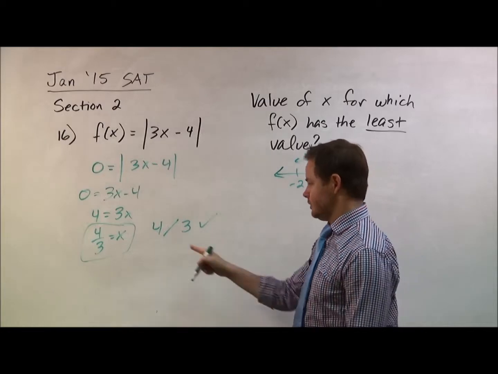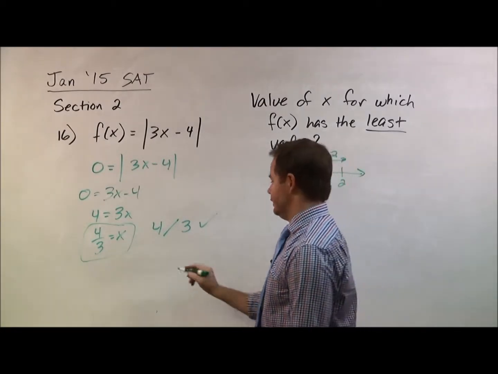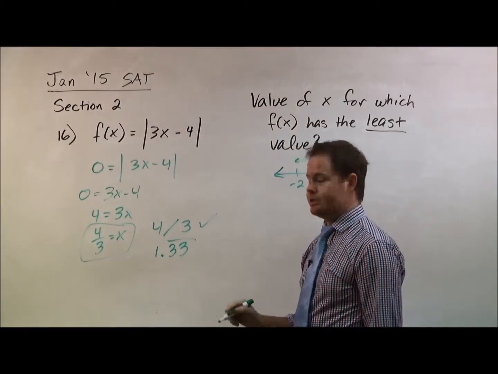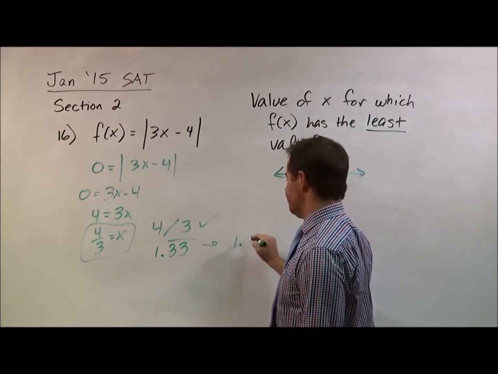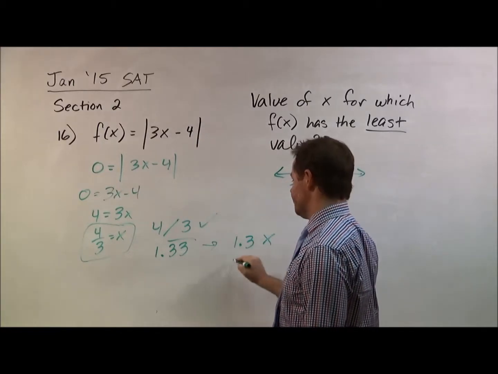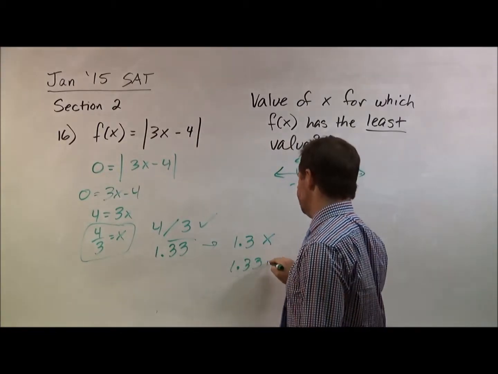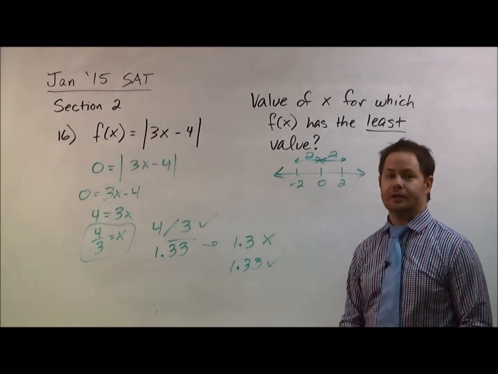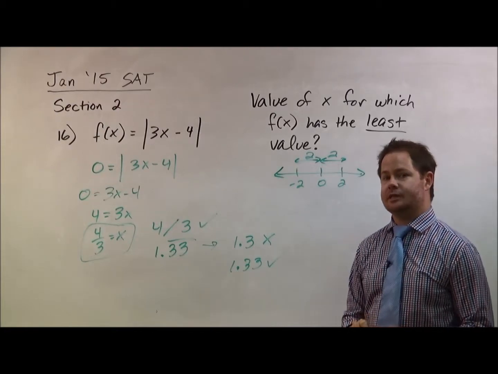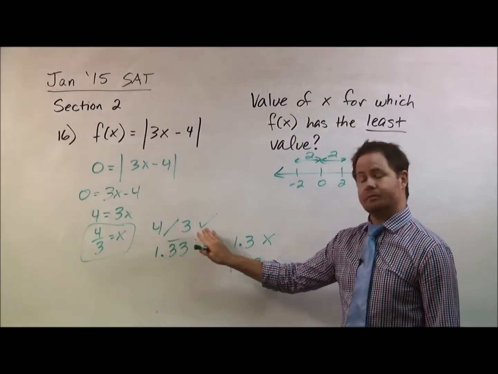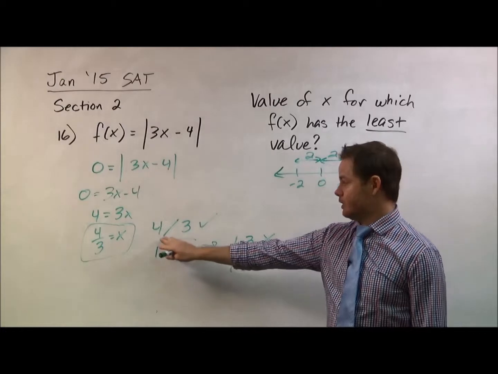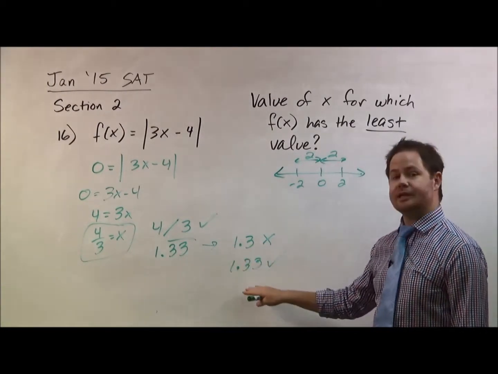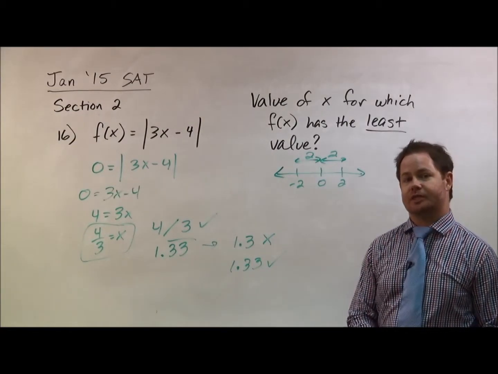Because a lot of students on this convert to a decimal in their calculators, and your calculator will give you a 1.3 repeating. So if you enter that as 1.3, that would be marked wrong. But if you enter it as 1.33, that would be marked correct. So it's really important to make sure that if we're dealing with grid-in questions on the SAT, either keep it in fraction form so that you don't have to worry about it and always grid improper fractions rather than mixed numbers, or make sure if you do put it in as a decimal that you max out on the number of decimal spaces that you use